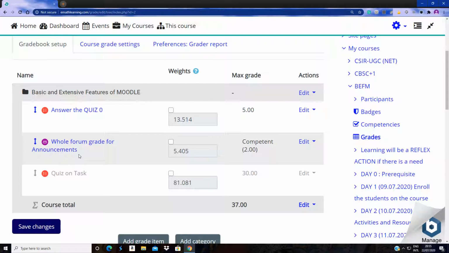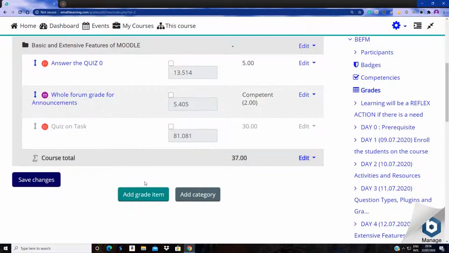So in the beginning, it should give support in a blended way for online and offline activities both, so that, as I stated, already created activities in the course page will reflect automatically in the gradebook. But for the activities you are doing offline for the same course, you can add